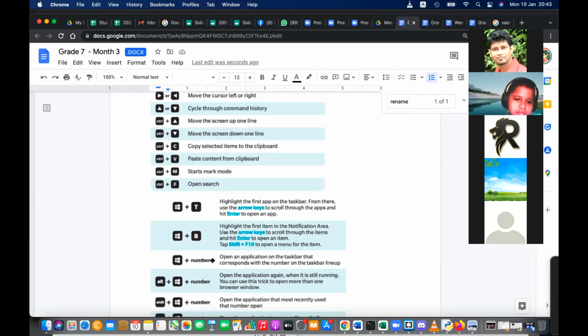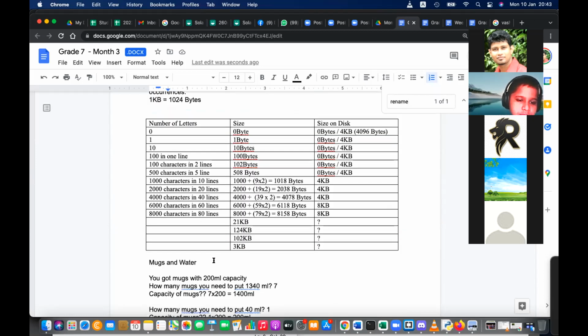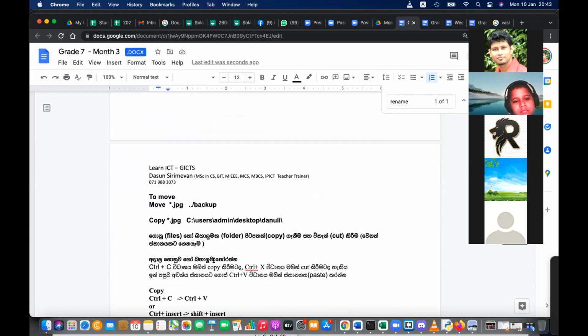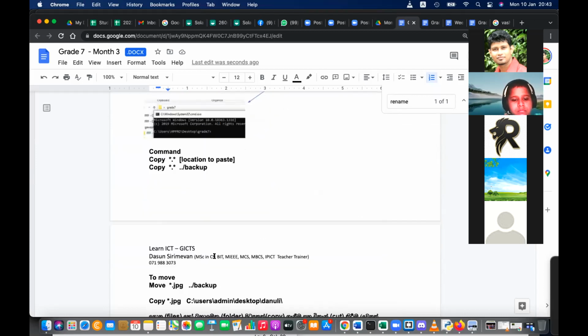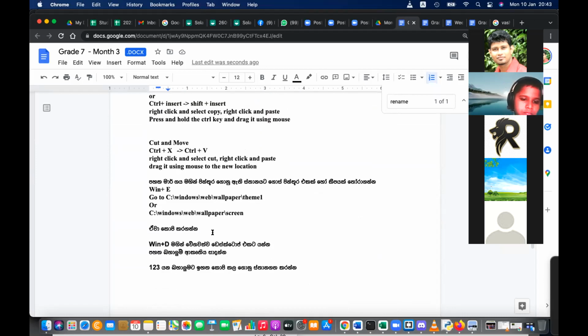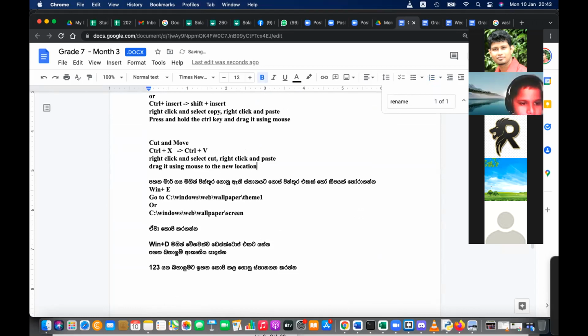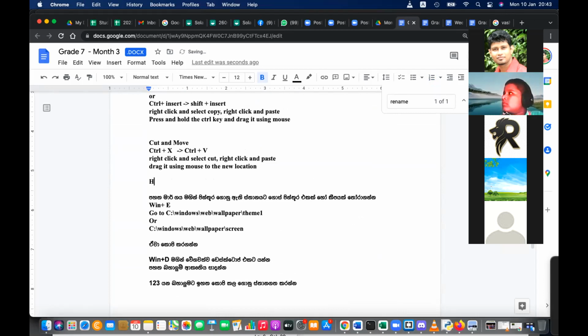Okay, F2 or click, so yes, that is not there in the note. I'm adding that to the note. Here I need to write that. How to rename? Please write that because it is not there.